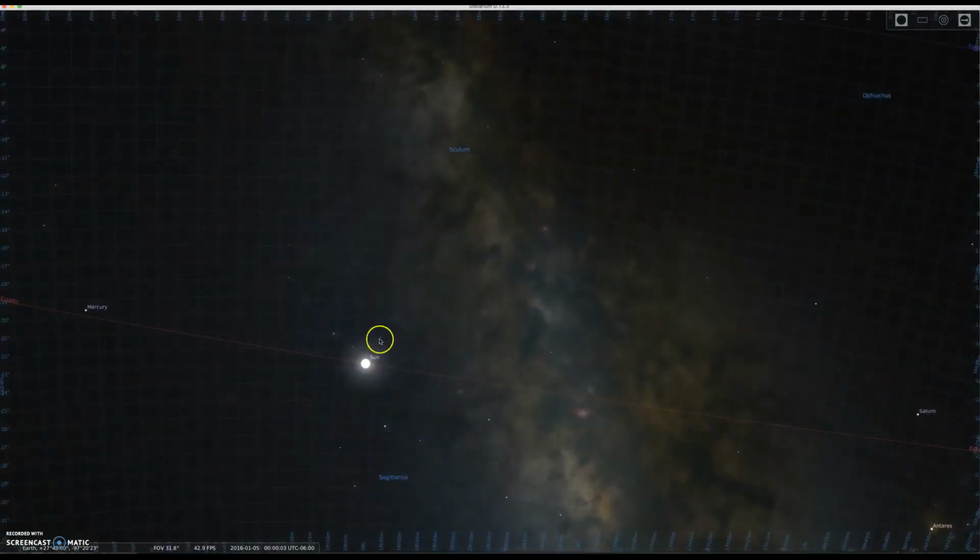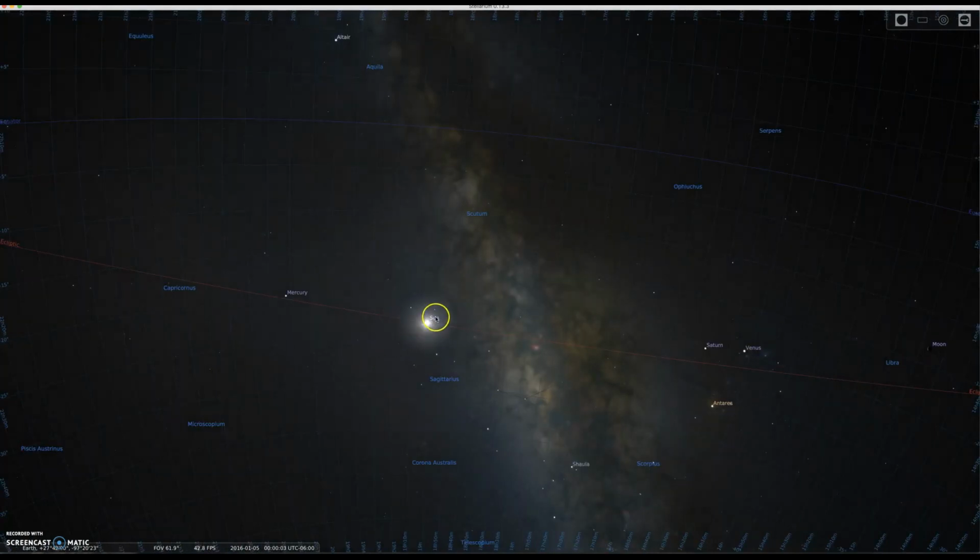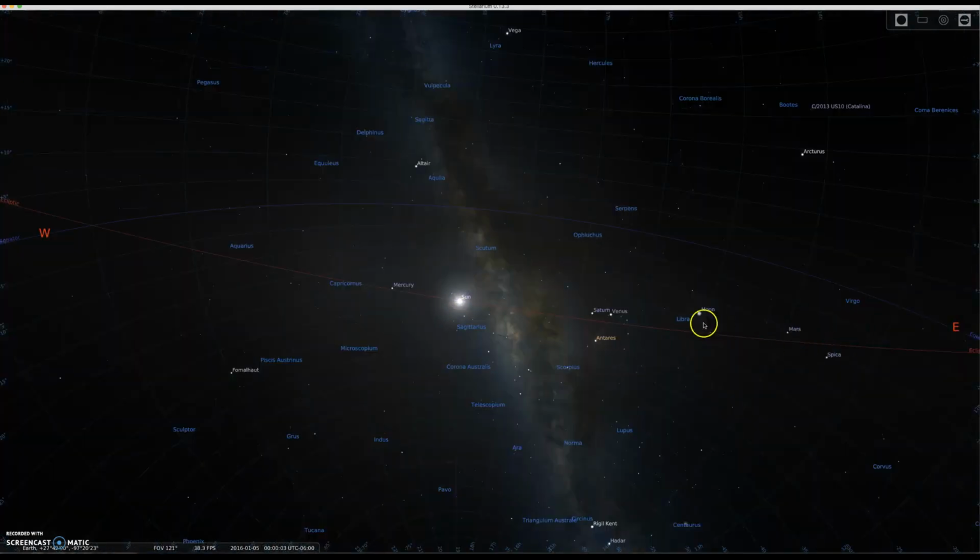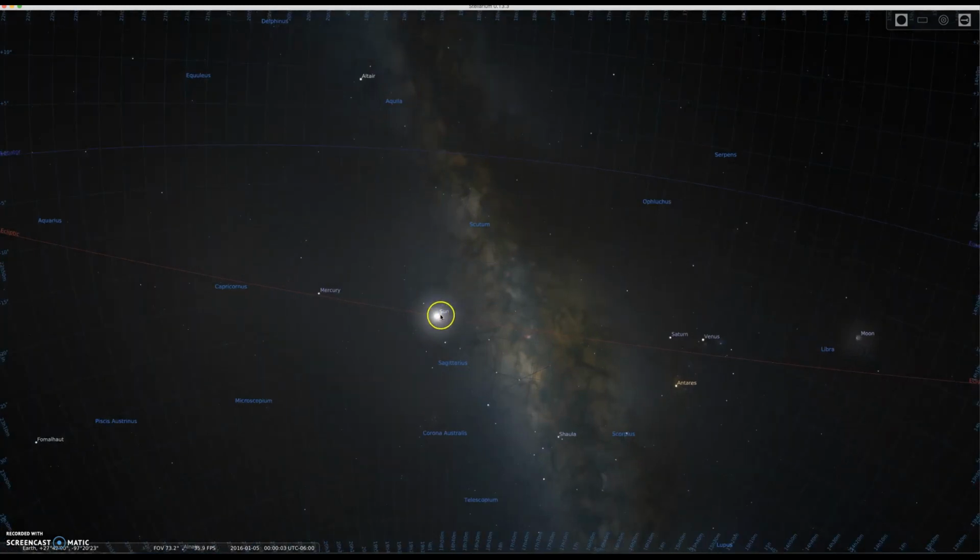The sun is on that leg of Sagittarius. The first it was here, second, third, fourth, fifth. And so the sun will continue to proceed along the ecliptic as well as the moon, but the moon moves twice as fast as the sun, so the moon will lap the sun inevitably. Notice how the sun is perfectly on the red line because it's on the ecliptic, while the moon is